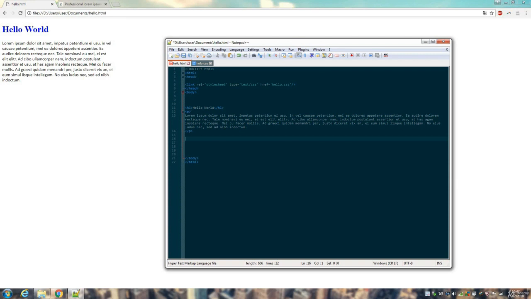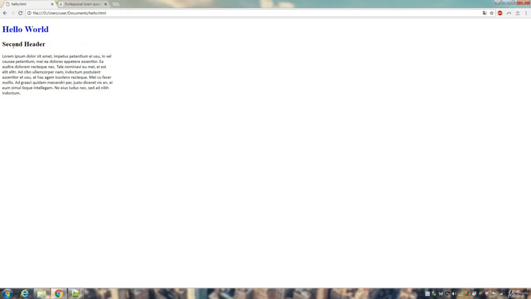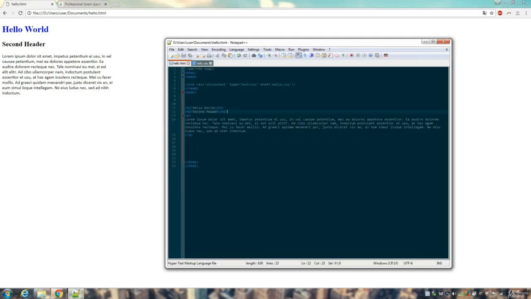Because many of the tags in HTML will have predefined styling, like an H1 is going to be bold and quite big, and all the headers will go down. If you put H2, it will just be a bit smaller. So second header. See, it will be a bit smaller, and it goes down to H6. So all those headers have predefined styles. You can specify a big tag, you can specify a small tag, a superscript, a subscript, all these different tags,